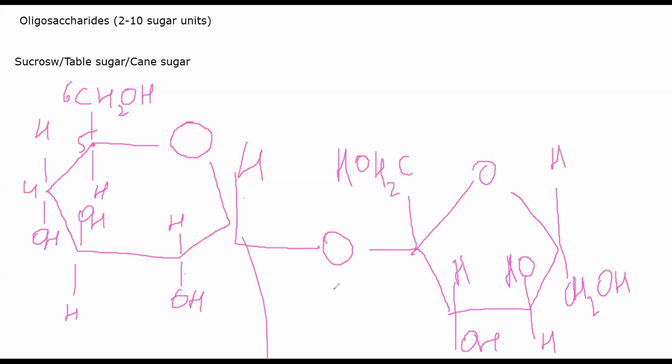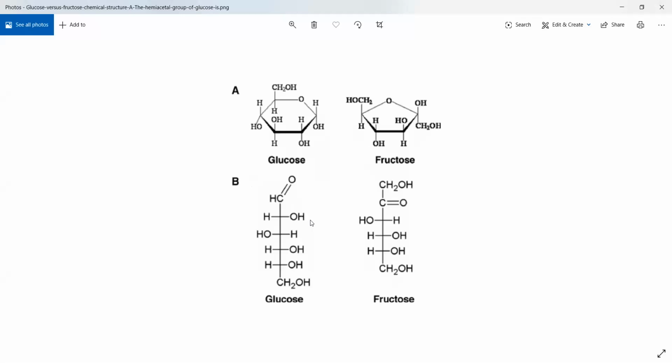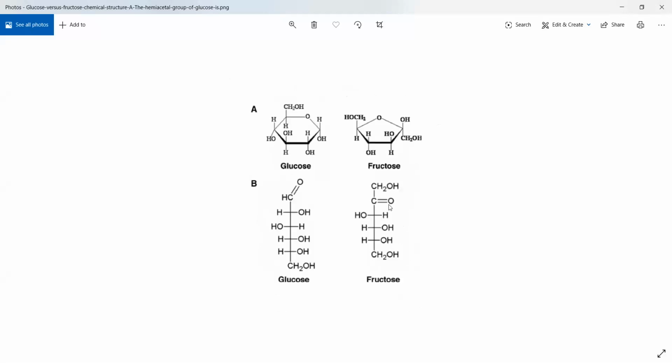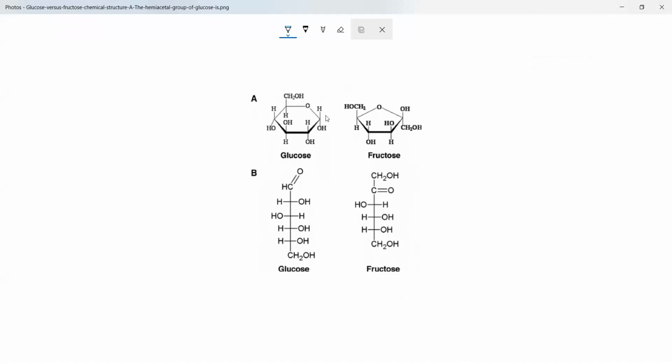So if you see the basic structure of glucose and fructose, one second, I'll show you the basic structure so that you can understand a little better. See, this is how glucose and fructose look, right? One is a 6 carbon structure, the other is a 5 carbon structure. All right, this is a ketose. Fructose is a ketose, it has a ketone group, right? If you see this C double bond O, this represents a ketone. So the basic structures are here. What you do is you change the structure in this one and this one. So I'm changing here and here. I'm linking these two. How I do that is, one second.